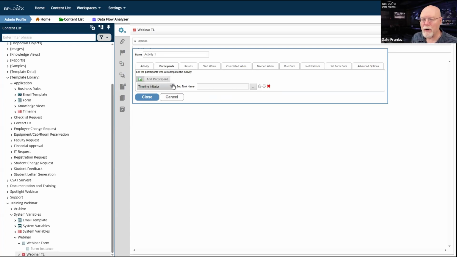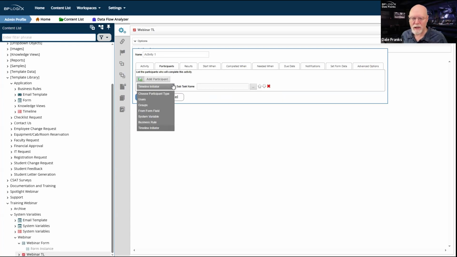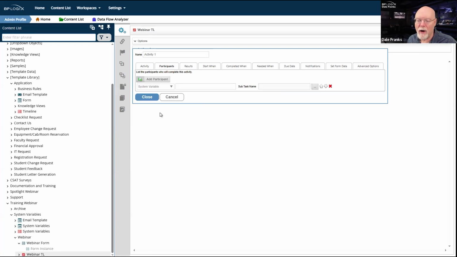But I'm going to go into participants, and by default, of course, it is set to timeline initiator. But I can actually set it from a system variable. And so I can change, let's say I just want to assign whoever my supervisor is. Now, again, I can do this because I have a supervisor specified in my user account.